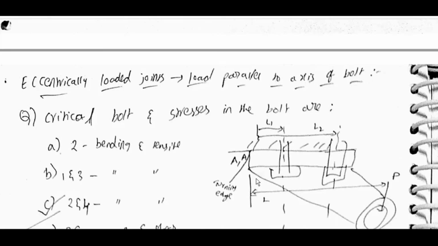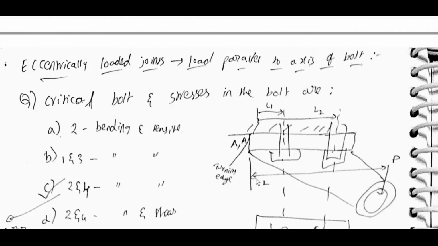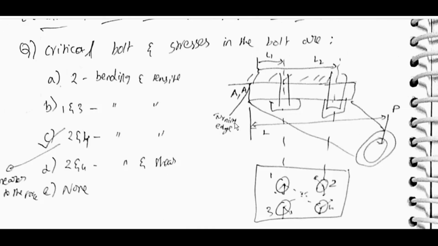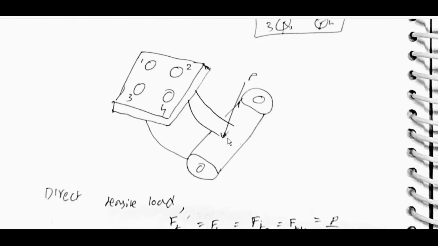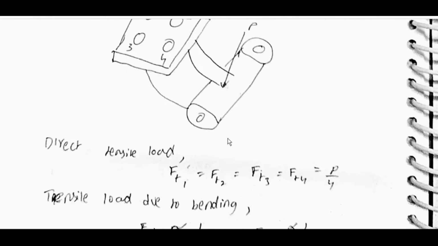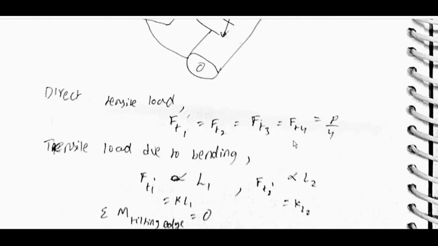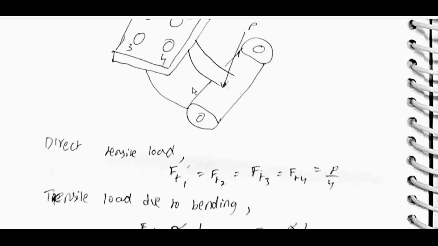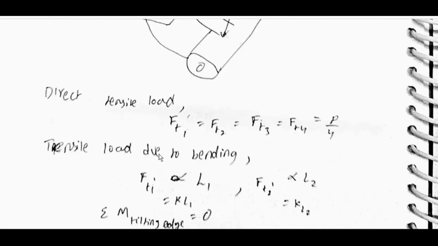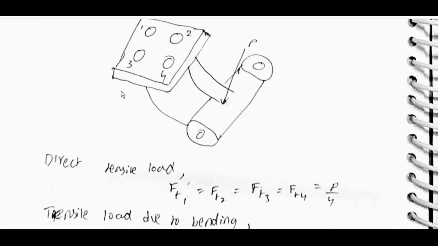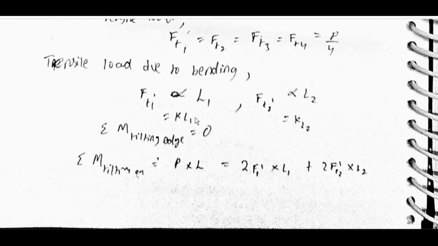Eccentrically loaded joints, load parallel to axis of bolt. Critical bolts are 2 and 4. Direct tensile load Ft1 is equal to Ft2 is equal to Ft3 is equal to Ft4 is equal to P by 4. Here, as the load is in this direction, it will have direct tensile load. Tensile load due to bending: because it will be in this direction, bending, so tensile load again. Ft1 is equal to